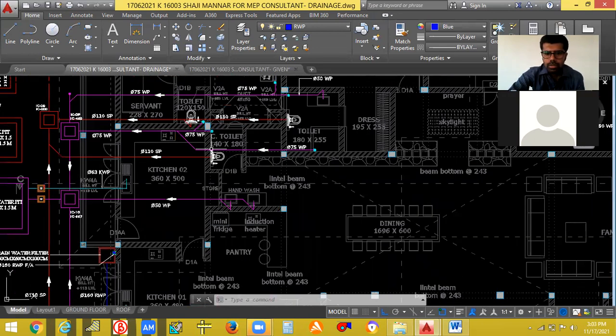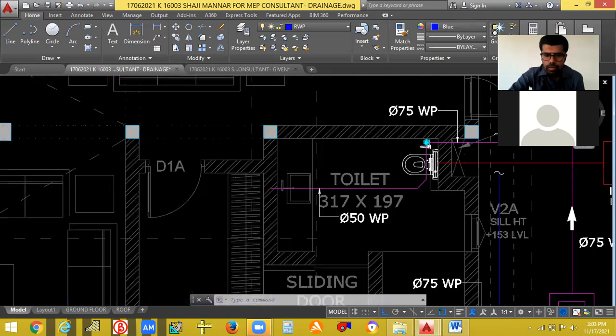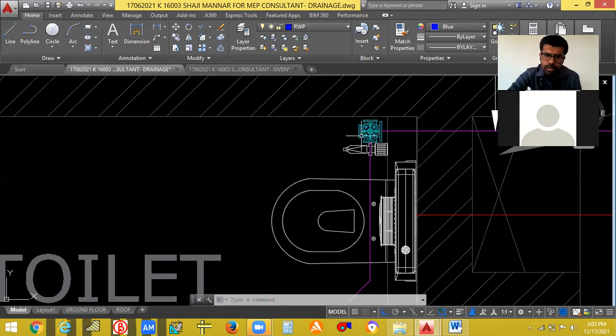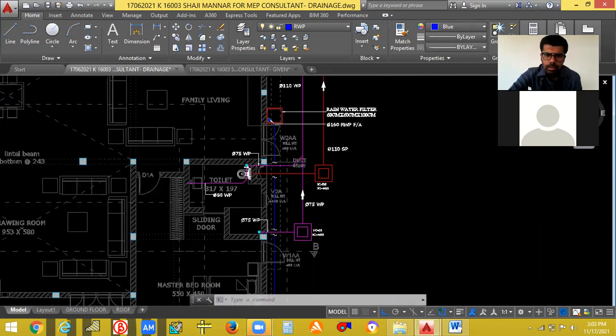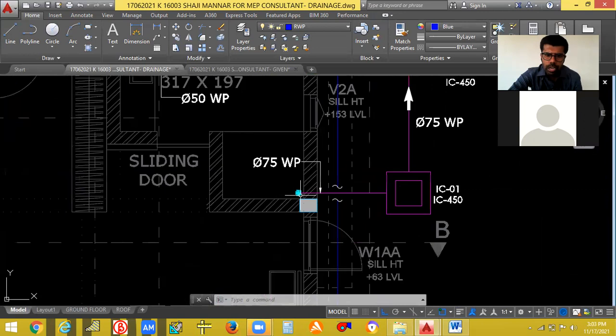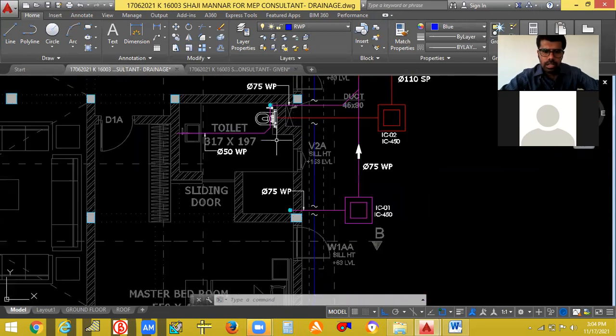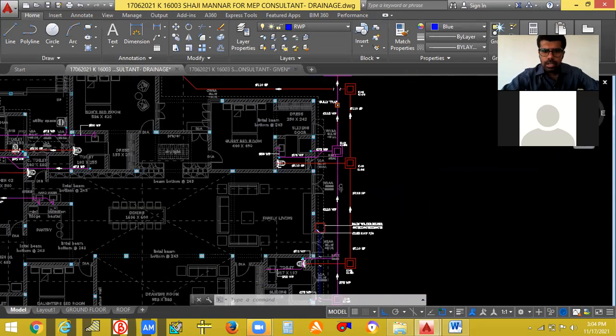So here also, this is the wash basin. This is the floor trap. Connect to the floor trap. Give it to the main pipe. Here also one floor trap should be there. So there should be two floor traps: one floor trap in the wet area, one floor trap in the dry area. Wet area means where there is a shower. Dry area means where there is a water closet and all those things. So two should be there. Okay. So you can see here, one is here, another one is here. So connect all those things.